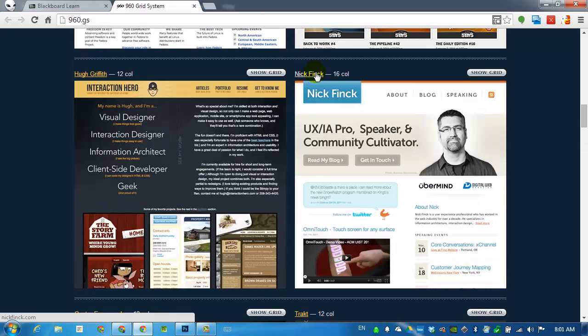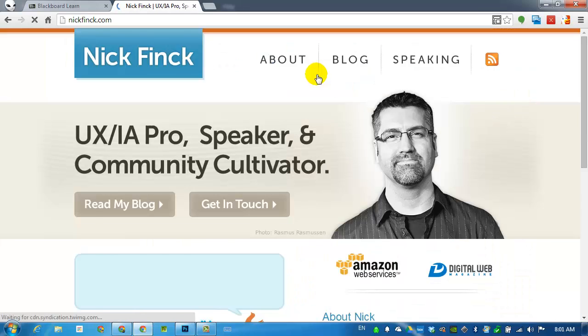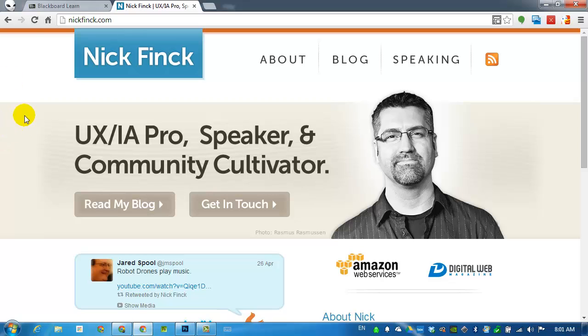I'm going to go to nickfink.com and I'm going to recreate what is visible on the screen. I don't need the Chrome character, I don't need the tabs up here, I don't need the address bar. I just need everything below the address bar and all the way down to the bottom of the page, not including the Windows Start menu, not including any of these icons on the side. At this stage, I'm going to press print screen and get a screen capture of